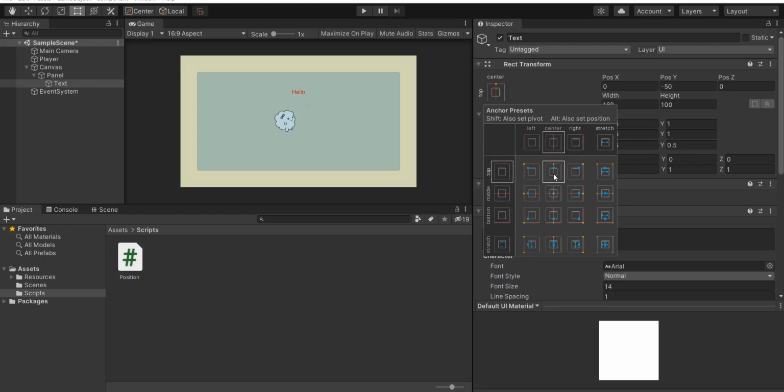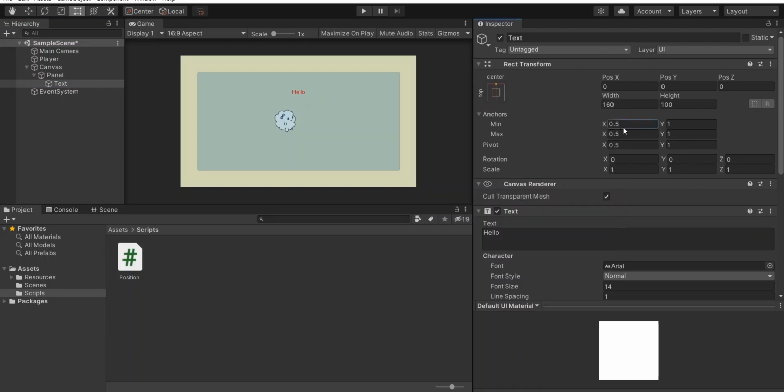And also change its pivot to the center by pressing the shift key and clicking it. Or you can input values directly here in anchor and pivot, which is better. Then check the local position. Right now it is 0, 0, and 0.